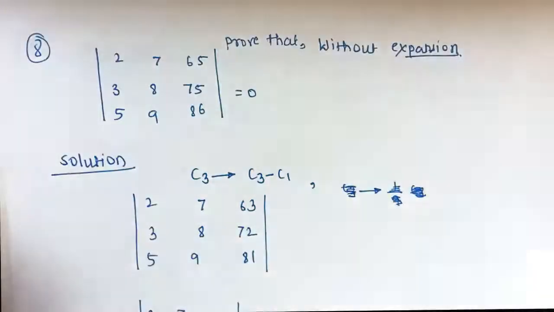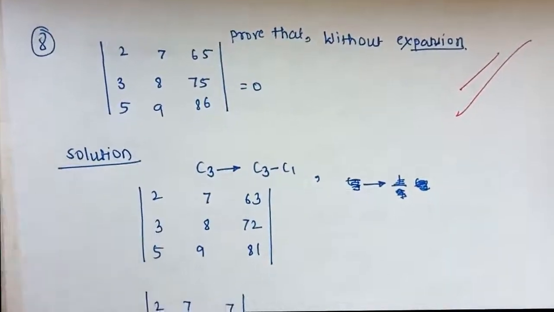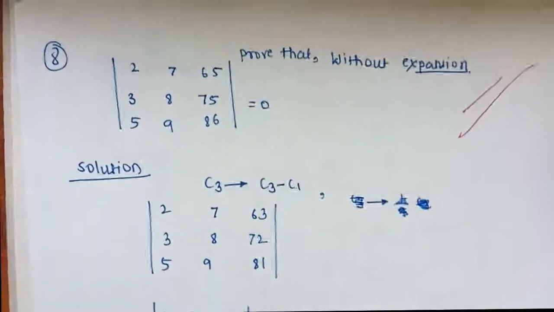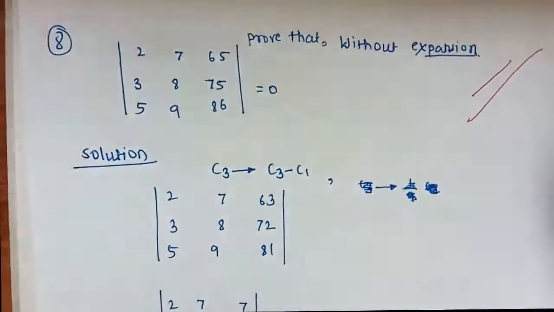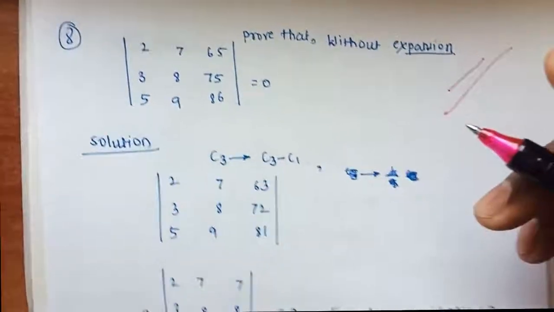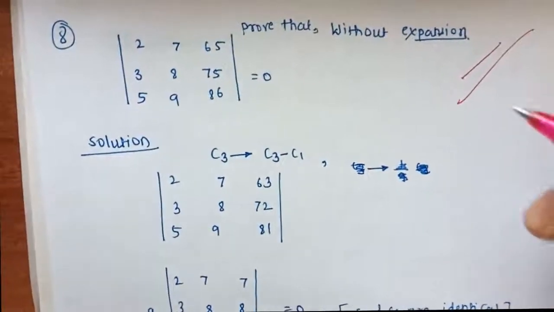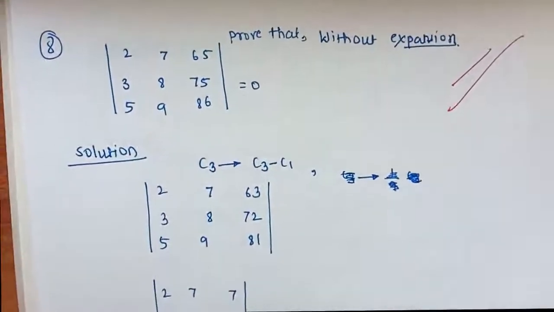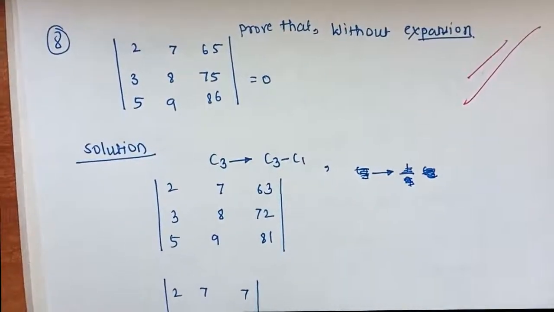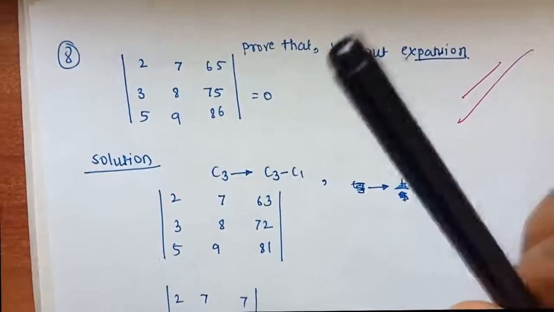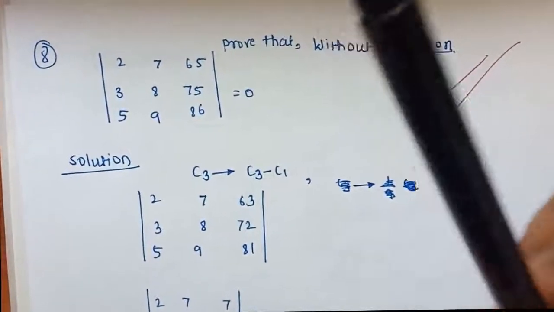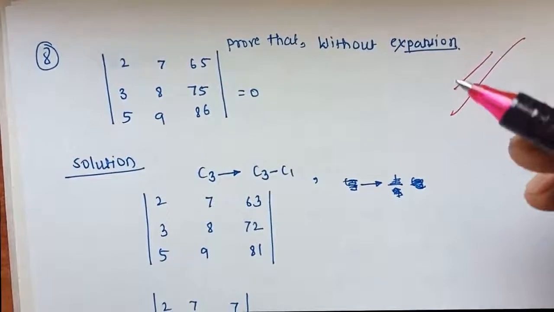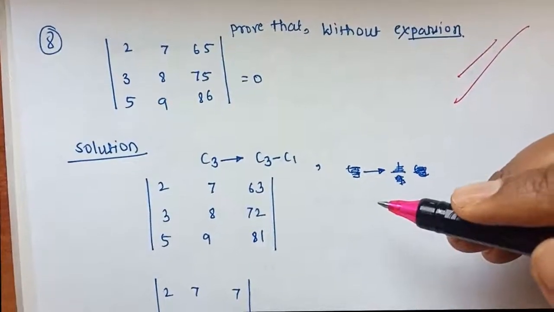Now this topic is extremely important. Remember, I told you two types of long answer questions for 4 marks. Definitely they will ask. One question they may ask you is to find the inverse by elementary transformation or find the inverse by formula, and the second question basically comes from properties of determinant. In the first lecture I explained all the properties. Please go through it once again, and here I have solved many sums on the properties.